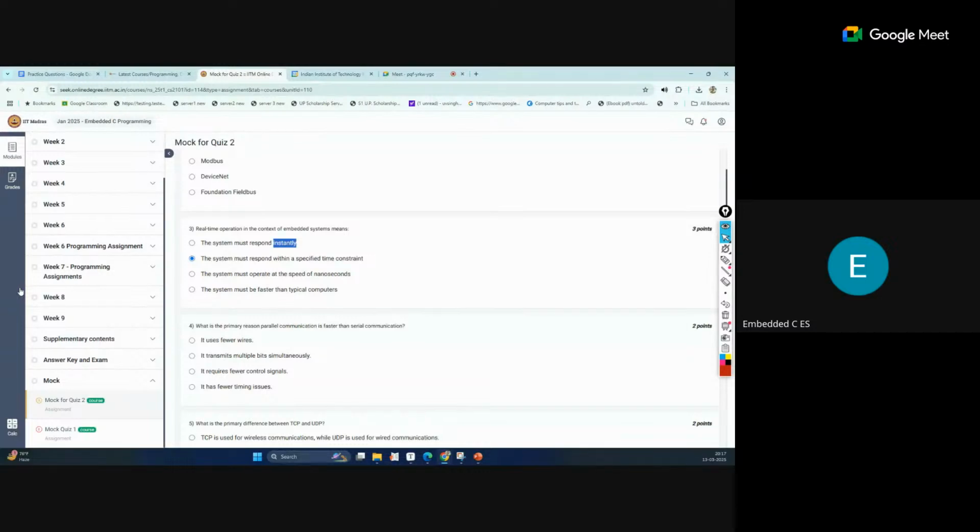And similarly, hard real-time is also there. So there are two types of real-time system: soft real-time and hard real-time. In soft real-time we can manage some time limitation, so if it takes a little more time, it will not create a big problem.